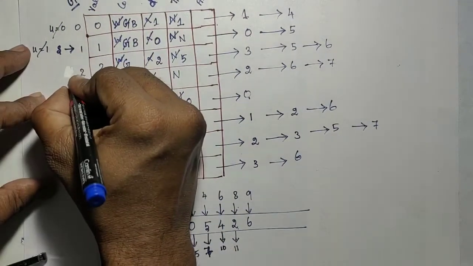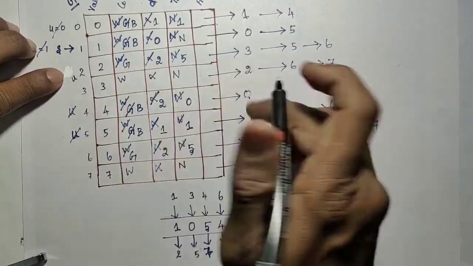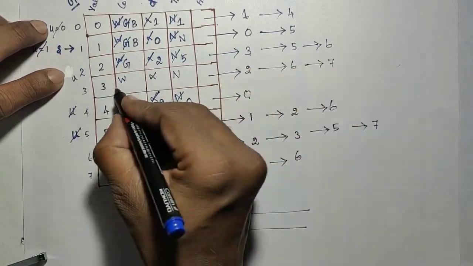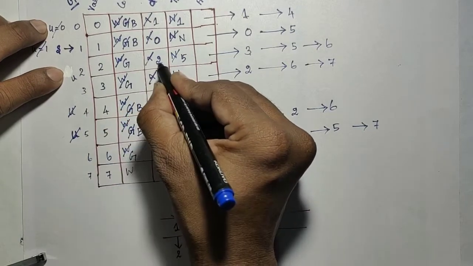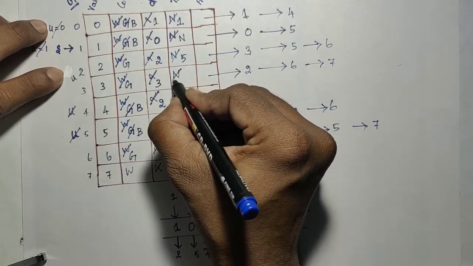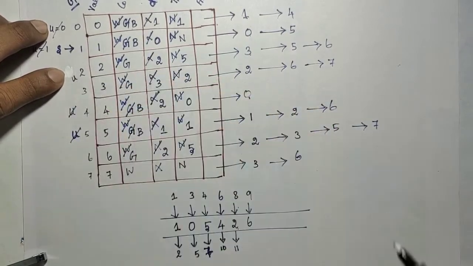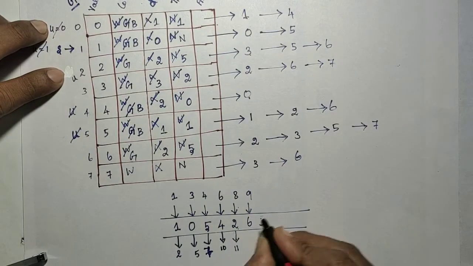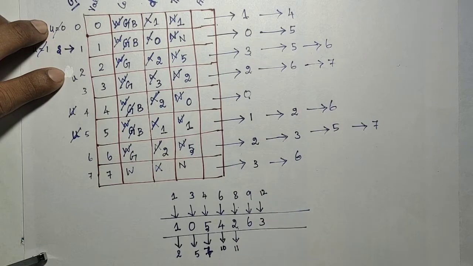U is moved to 2. From 2, I need to look for the adjacent nodes 3, 5 and 6 one by one. 3 is not visited, so visit and enqueue. Color gray, distance plus 1, and the parent is 2. So 3 has to be enqueued. That is the 11th, 12th queue operation, enqueued.